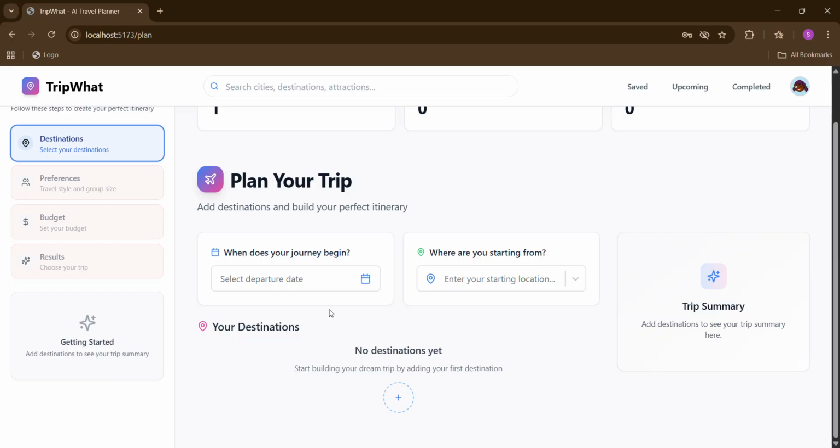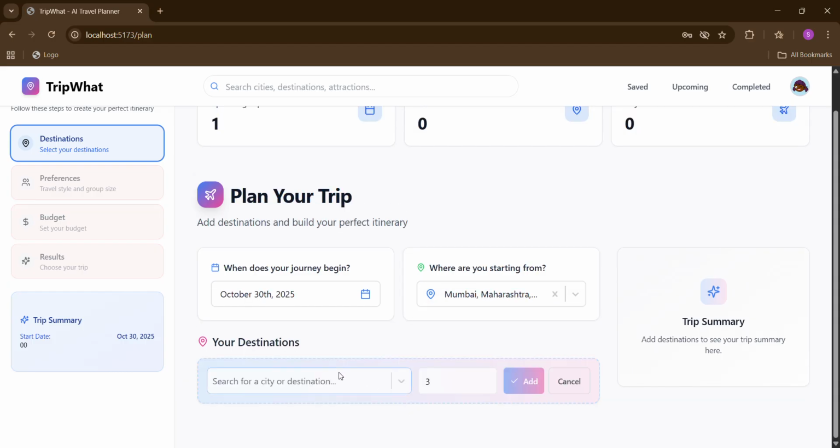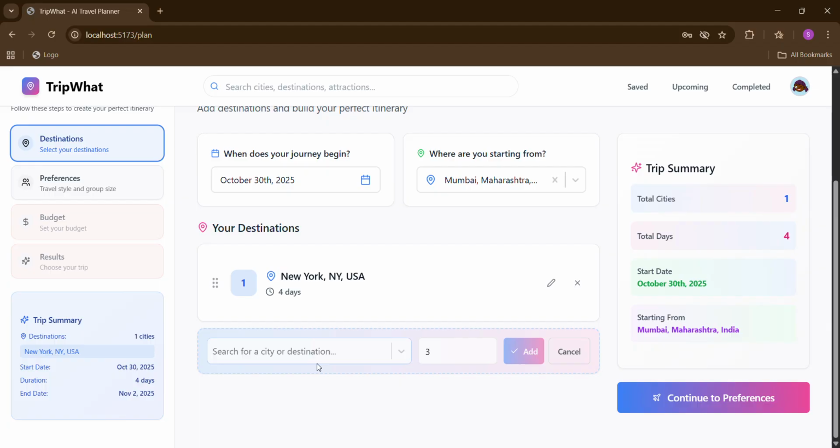Once one is more or less clear with which city or which country one wants to go to, he or she can enter the start dates through a calendar for a journey and also the starting location. Let's go with, say, an individual who is planning to travel to the US. So maybe he enters New York as one of his potential destinations, and another to be maybe San Francisco on the